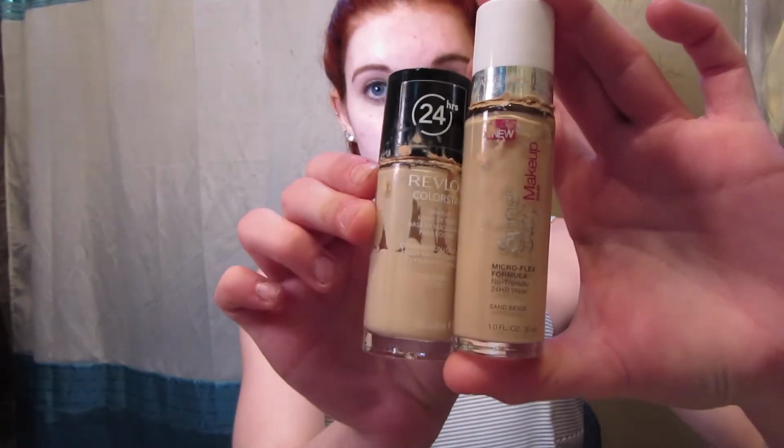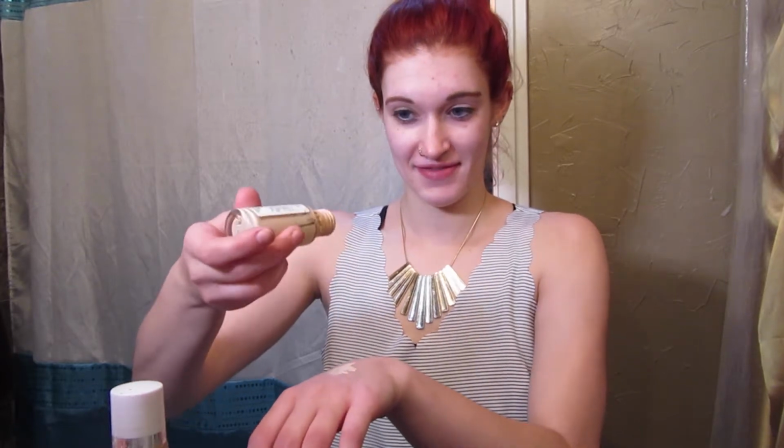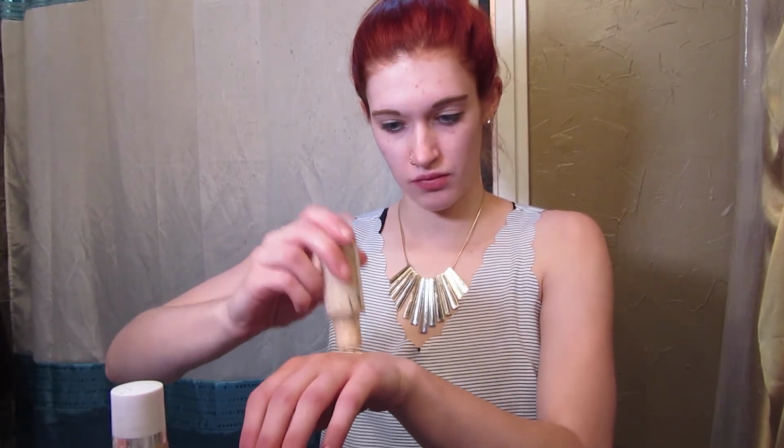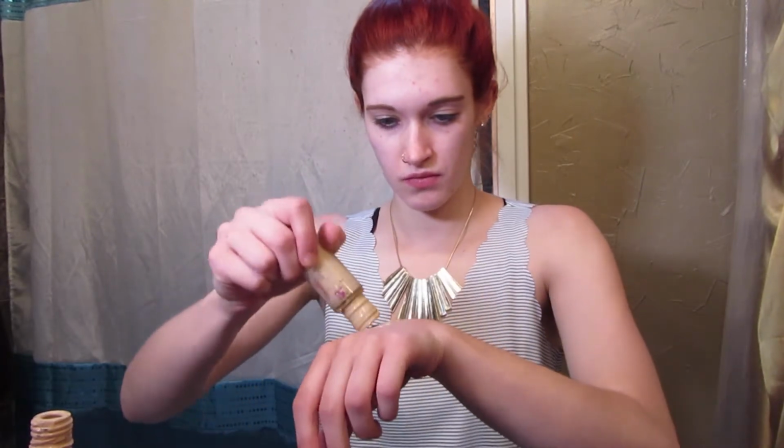I always like doing my brows before my foundation because, I don't know, that way you don't get foundation all over your brows. And then I just put some lip balm on so I don't get foundation on my lips, and then from there I'm taking my two foundations that I use, the Revlon Colorstay and the Maybelline Superstay. One is a little too light and one's a little too dark, so I like to mix those together on the back of my hand,